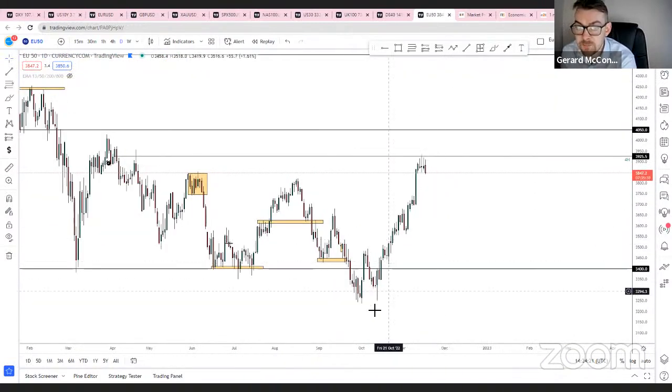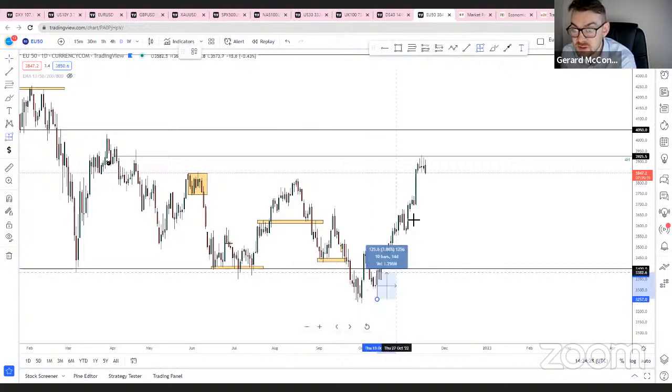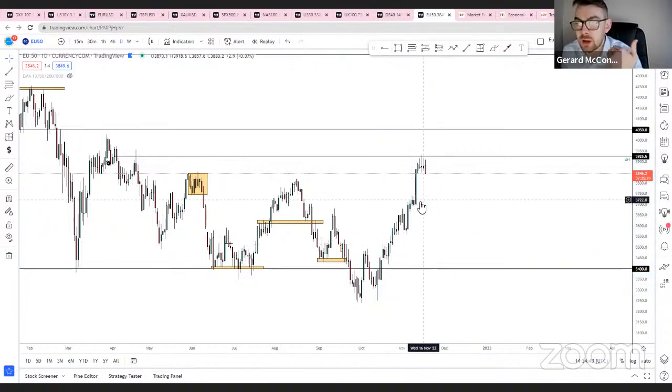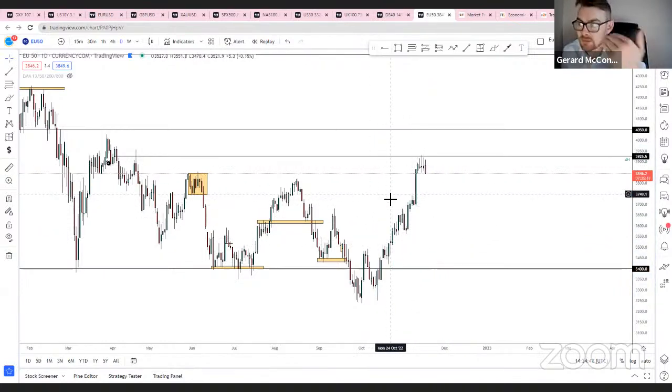And of course, when you look at the Euro stocks, the DAX, the FTSE over the last, let's say, 3-4 weeks from a realized percentage perspective, a lot of those indices were up anywhere from 18 to 22, 23% off the lows in the last month. So it's only natural that we're starting to get some corrections. It's only natural that we're starting to get profit taking on those longs, and we're starting to see that unwind